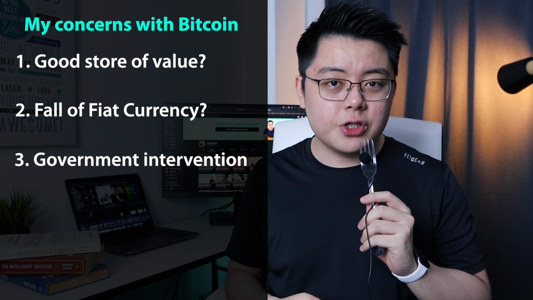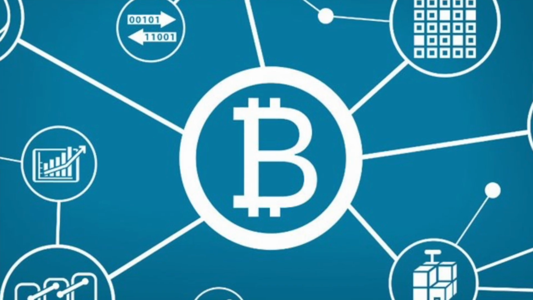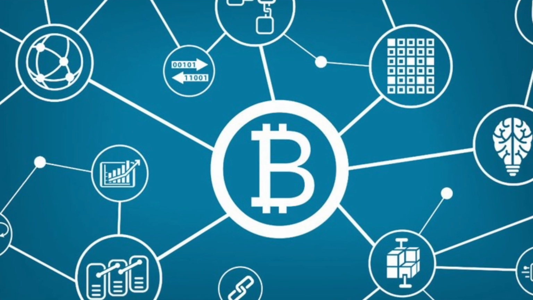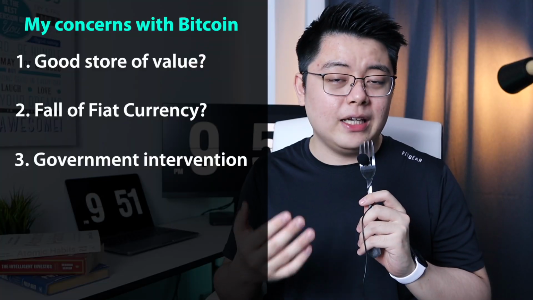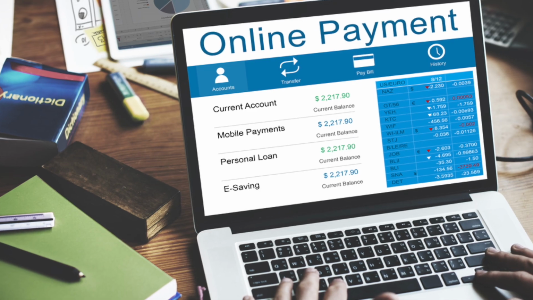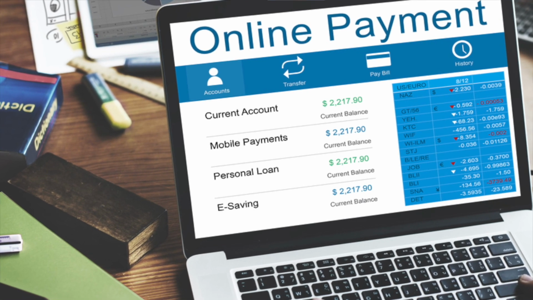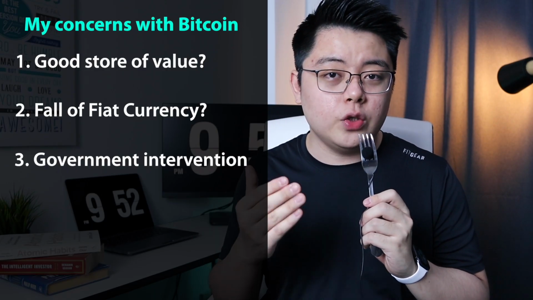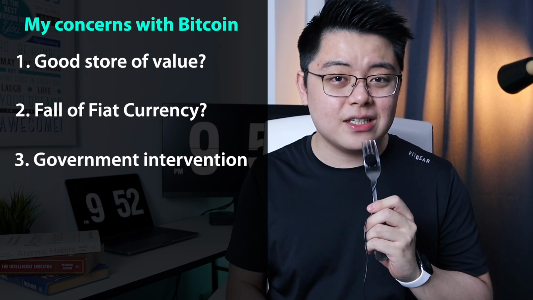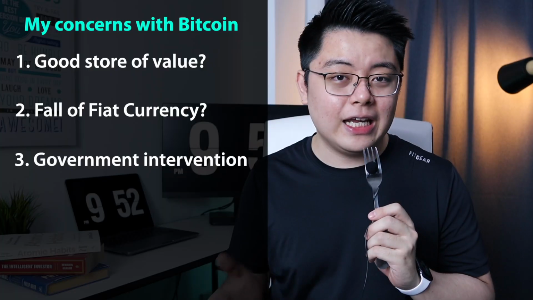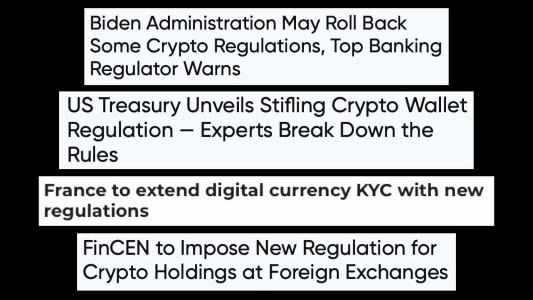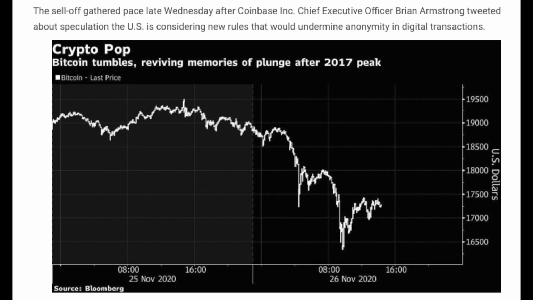Thirdly, government intervention. I guess by now everyone knows that Bitcoin is a decentralized financial system that is not regulated by the central government. Yes, that may be correct, but the government can still intervene in the use cases of Bitcoin and cryptocurrencies in general. Just think about what if the government chooses to impose regulations on the use cases such as online payments and blocking every online payment from using Bitcoin or any other exchange or custodian wallets that allow trading of cryptocurrencies. Now that itself is enough to cause some frenzy and panic selling already,